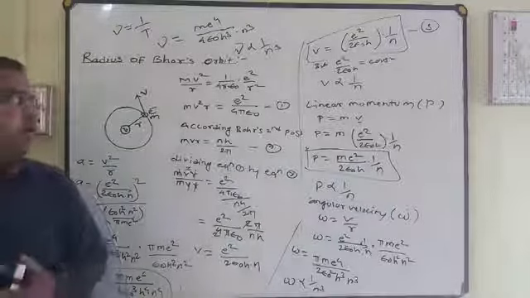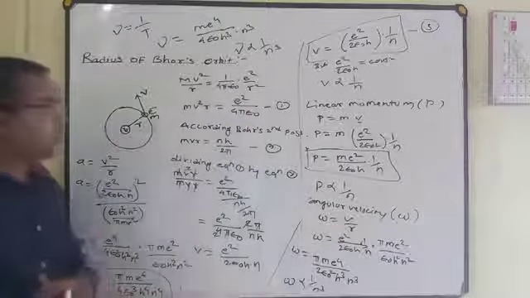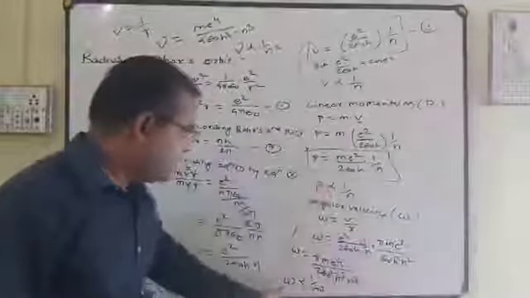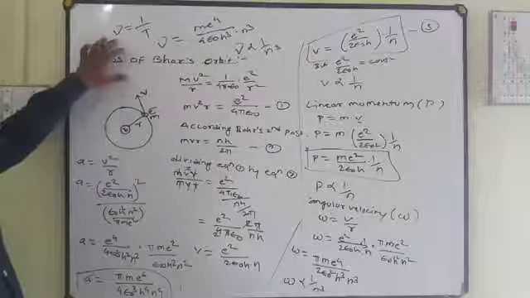So in today's lecture we found out the radius of Bohr's orbit, velocity of the electron, linear momentum, then angular velocity, time period, frequency,